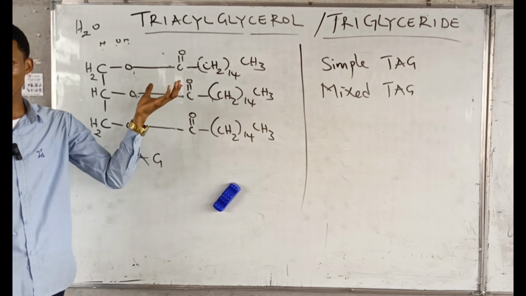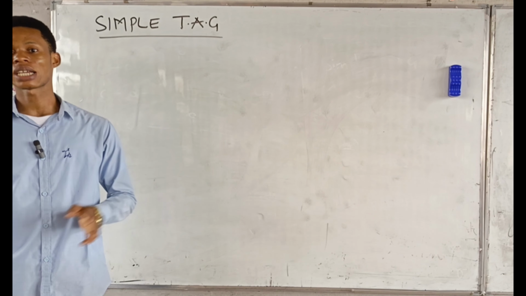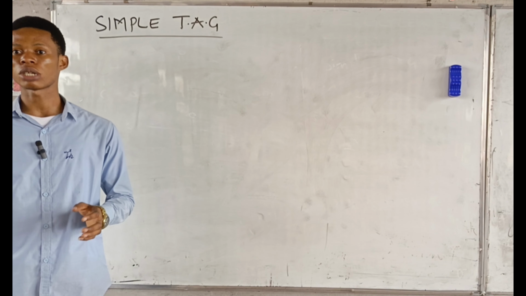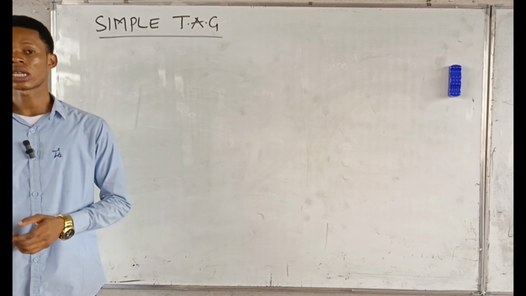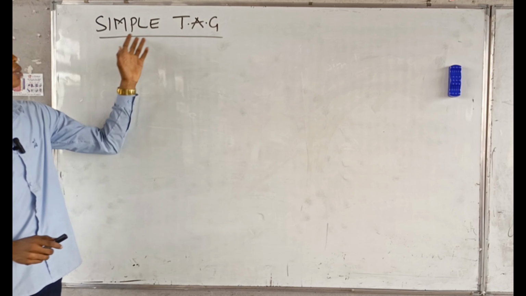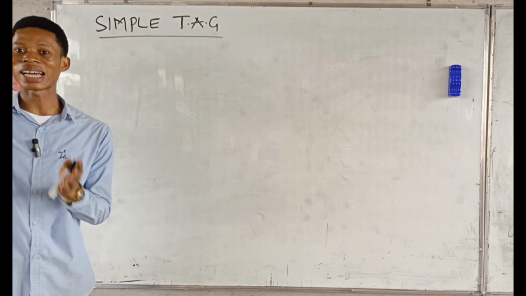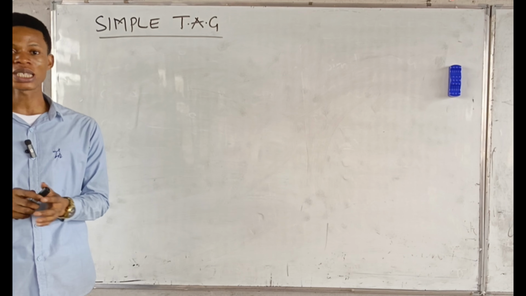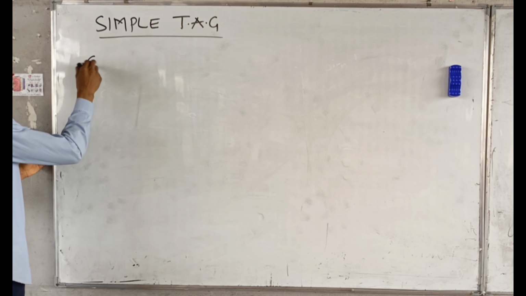So we've seen that depending on the type of fatty acids found in the triacylglycerol, triacylglycerols can be classified into simple triacylglycerol and what? Mixed triacylglycerol. So in the first one, the simple triacylglycerol, all the 3 fatty acids present are the same. So take for example, if you have something like this,